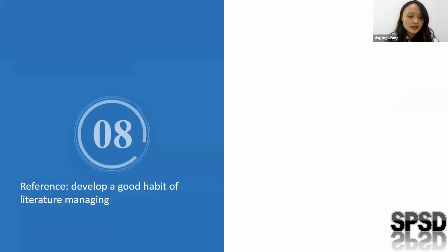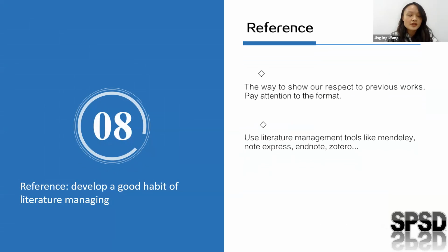The next part is references. Here, you have almost finished a paper and maybe you can't wait to submit your achievement to a journal. But wait, have you double-checked your citations and made sure everything is right? References are the way to show your respect to previous works. We talked about the different formats and styles required by journals in terms of citations. And in this part, I'd like to introduce some details from the editor's aspect.